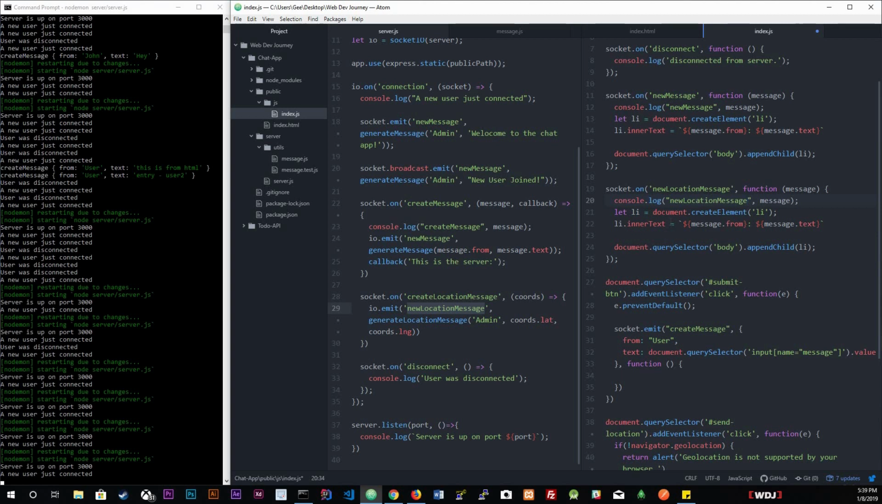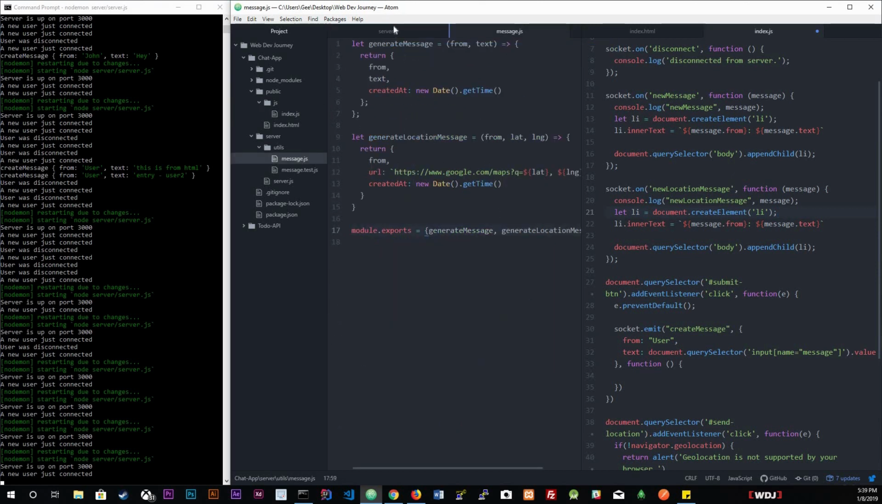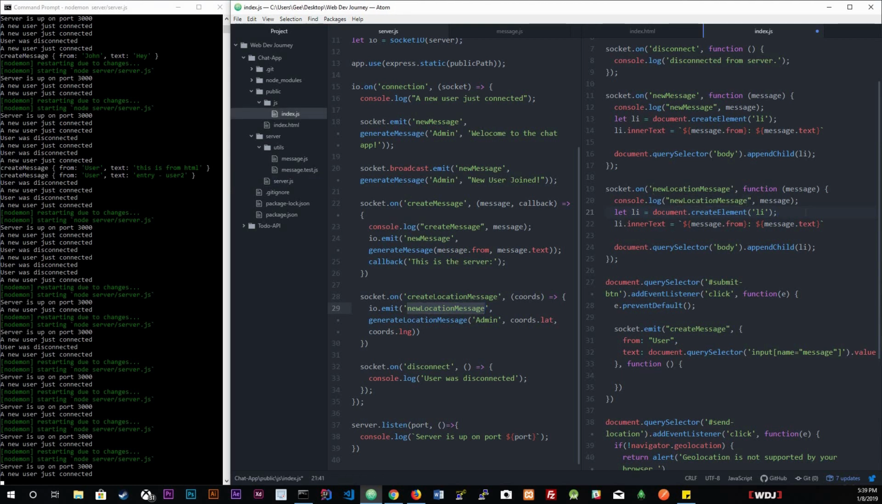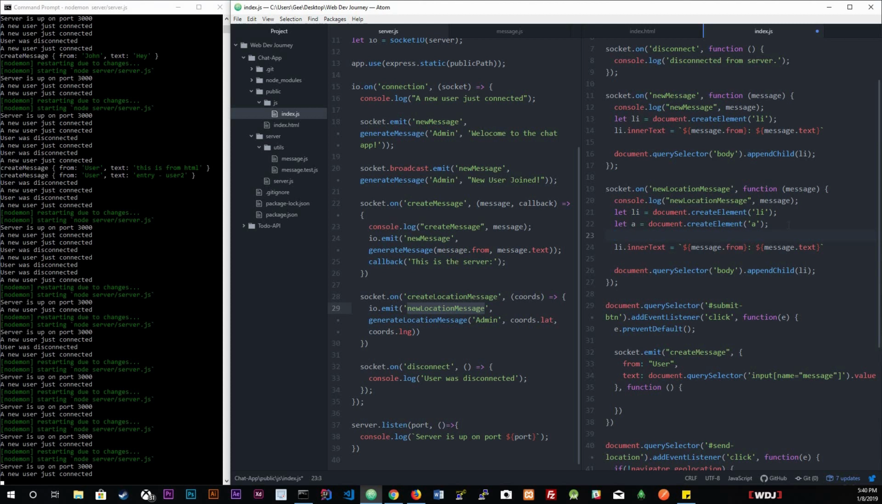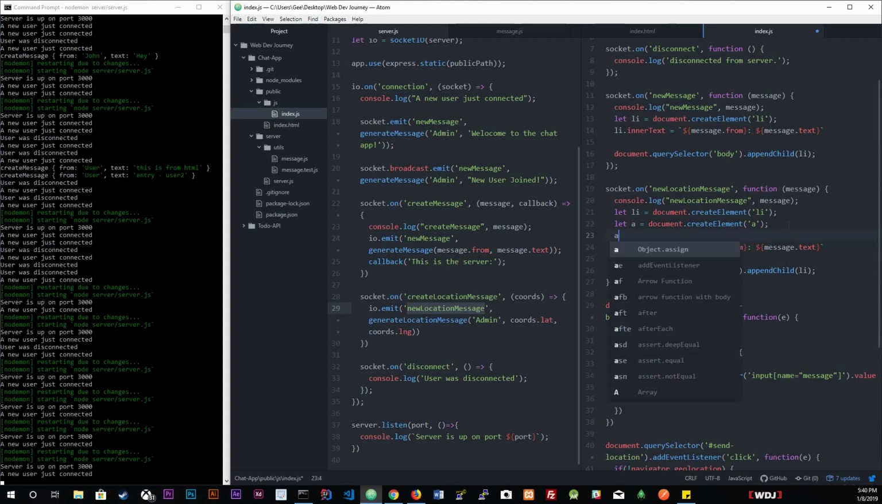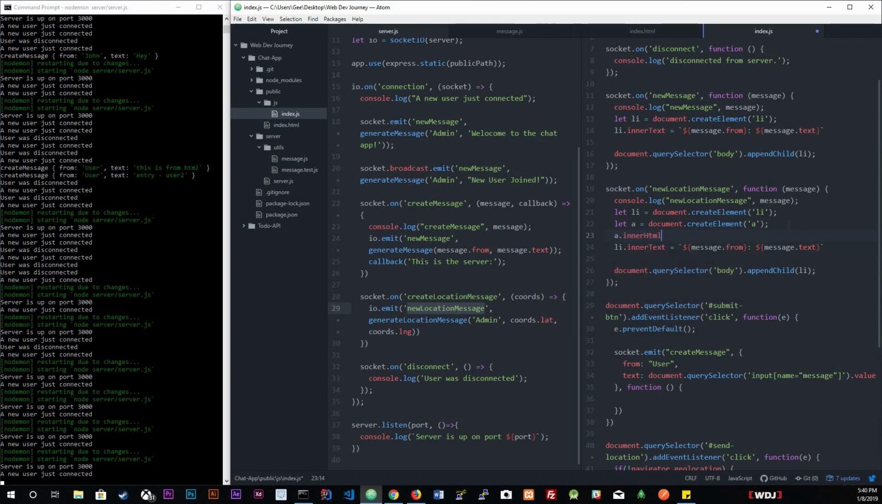And in here, we do need to create one more. We do need to create a link to this newly found URL. We're going to be using this URL, so we do need to create an a tag. So let's do that right now. Let a equal, I'm going to just copy this. We're going to create an a tag, and then we're going to do a.innerHTML, just like so. And we're going to put in here,